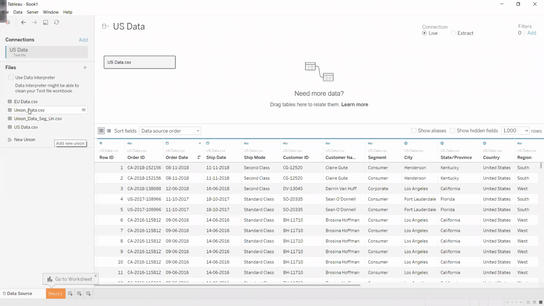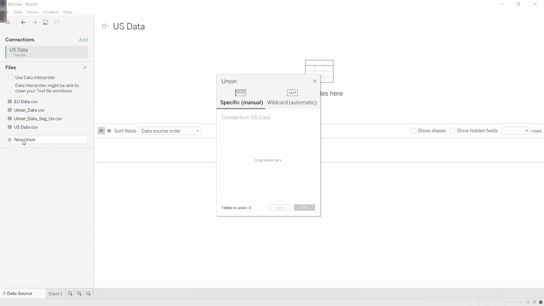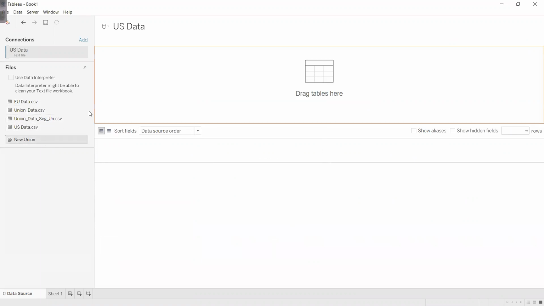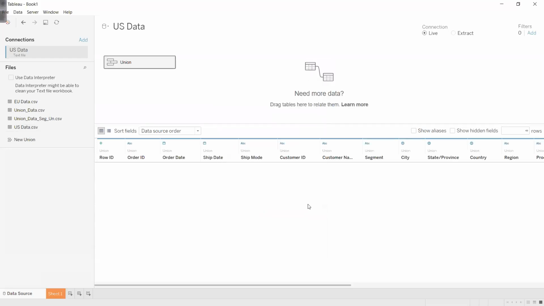I want to do union of EU data and US data. I'll remove this and drag this new union option here. And now I will drag the files here. I took US data, I took EU data and click OK.